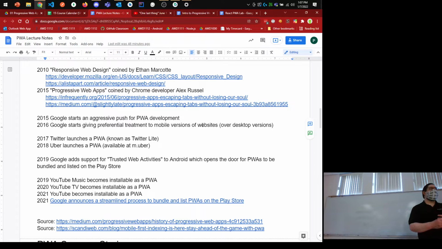So if you have a desktop version of your app and a mobile version of your app that are hosted on two different domains, the one that Google will spend more time in and put more weight into is the version that is mobile friendly, right? And so that has encouraged a lot of companies to get onto that responsive web design